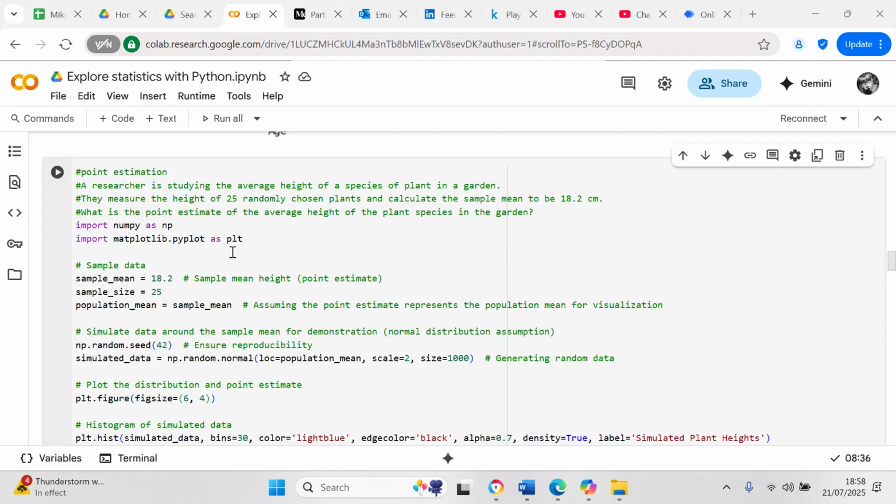Then we're going to define our sample data. The sample mean is 18.2, and that's the sample mean height of the plant. The sample size is 25, so that means they're going to gather 25 plants and measure them. And the population mean is the sample mean. Now we're going to simulate the data around the sample mean